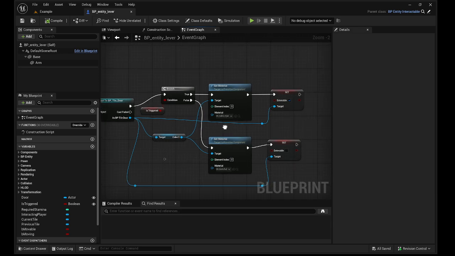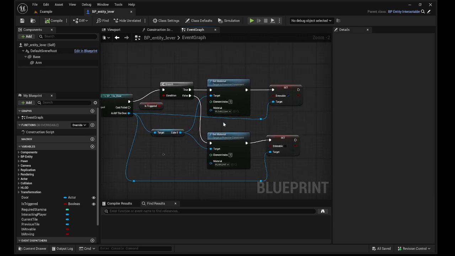I know this part's a bit messy, but this is the end of the code for this. We have a branch here based off the is triggered condition. So if is triggered is true, so the flip got switched to on,